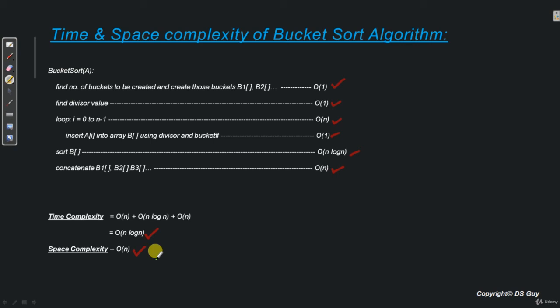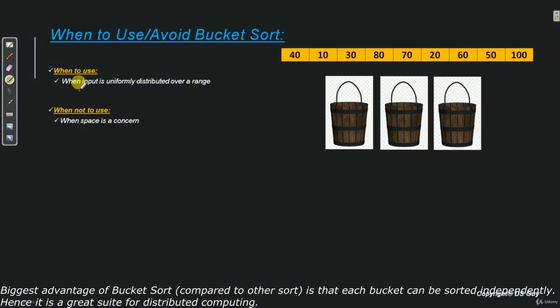Now let's quickly see in which scenario should we use bucket sort and when we should not use it. So we can use bucket sort in case if the input data is uniformly distributed. What that means is that we should not have lot of cluster in our data. So let's say if our range of data is starting from 10 to 100, then we expect that our data to be uniformly distributed, like the one in this case. We have 10, 20, 30, 40 and so on.